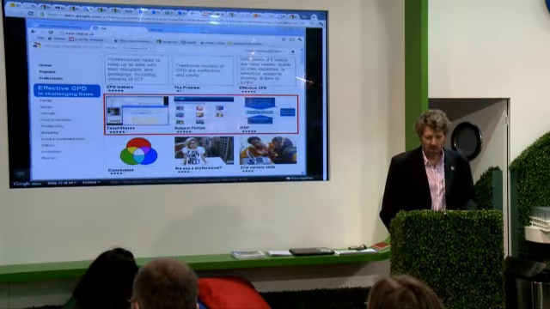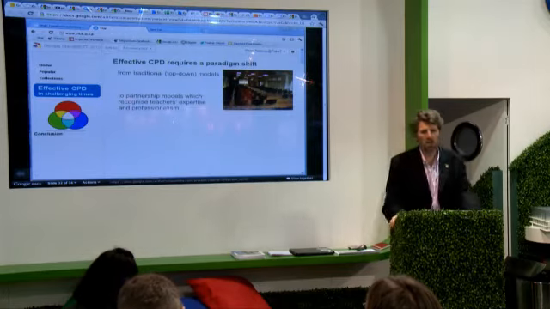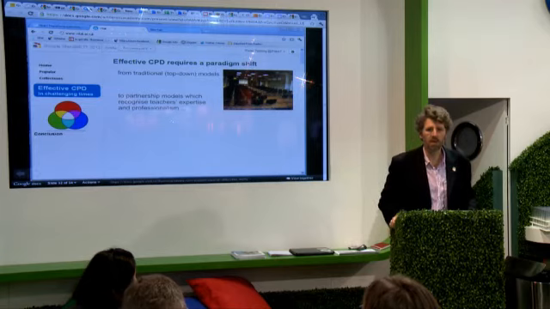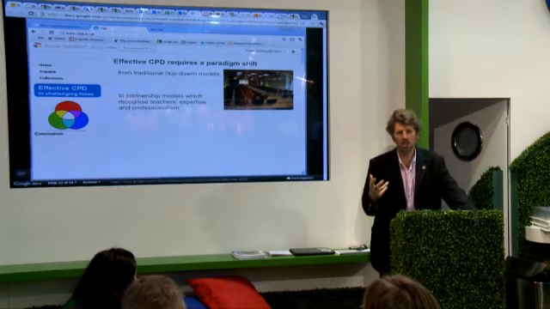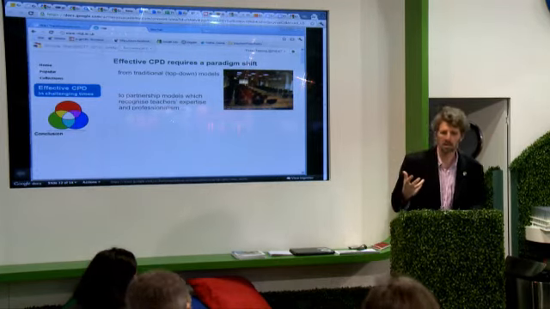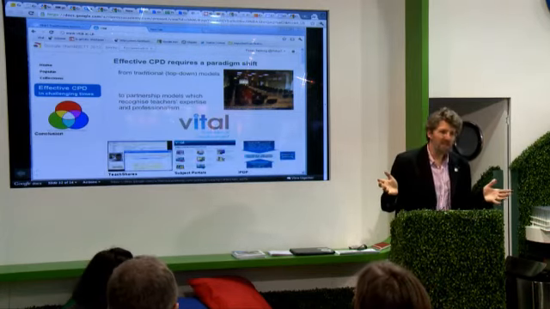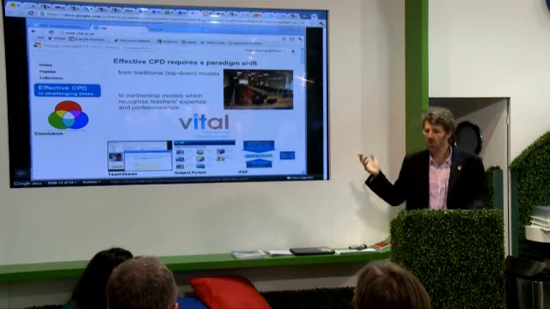So that's some models. Let's pull it all together. I think what I'm arguing is we need a paradigm shift in staff development, in teacher education. We need to recognize the expertise of teachers and build upon it. Vital, needless to say, helps you do those things.